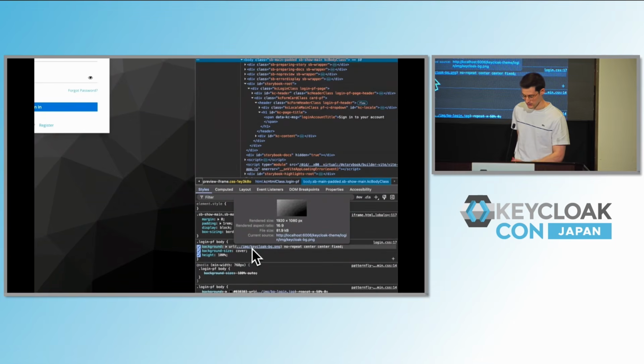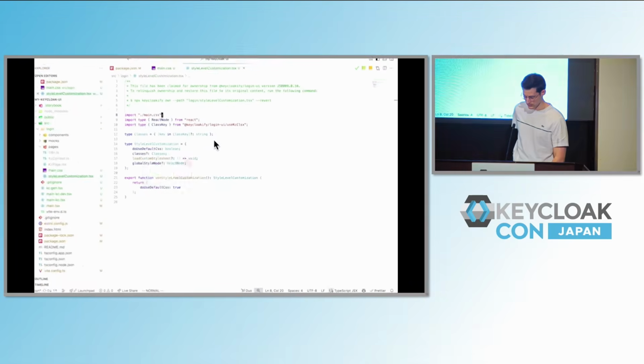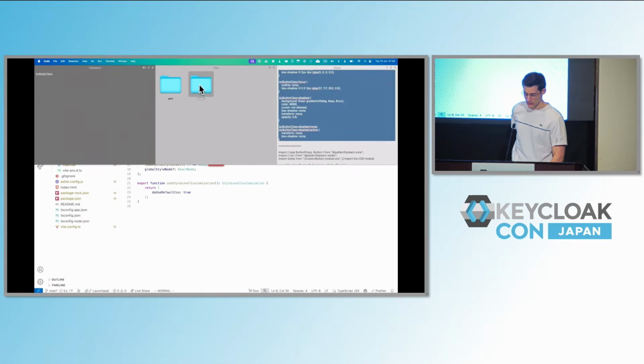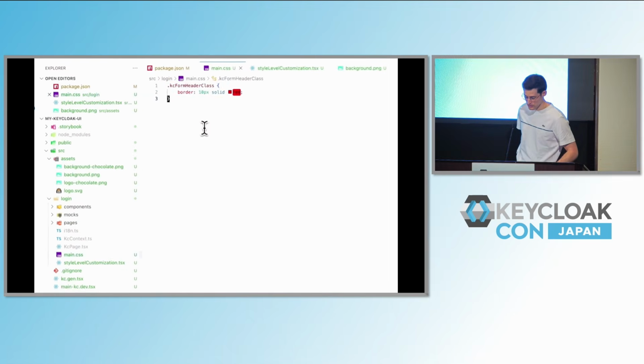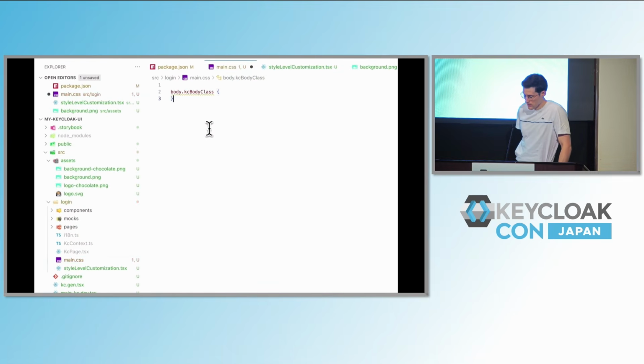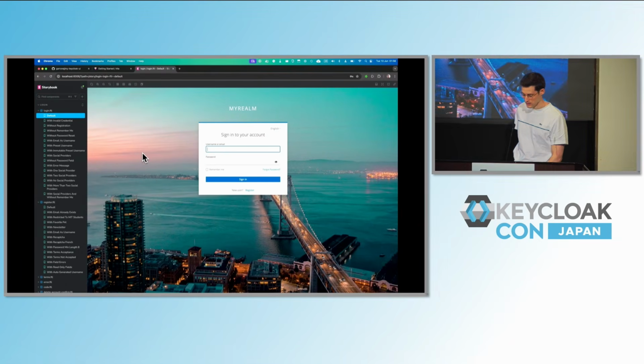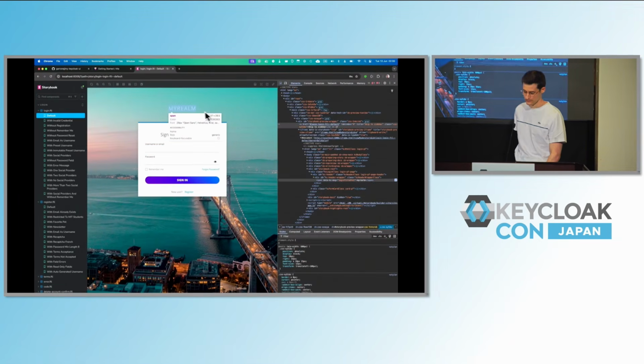So I can see that there is a background CSS rule here. And well, with Keycloakify, I will just import an asset directory in my project and apply to the body the background that I want. And I'll do so like I would in any modern front-end project. So asset background, repeat center, fixed, and voila, we have the background image that has been changed. Okay, so this is for CSS-only customization, easy, but the real selling feature is the